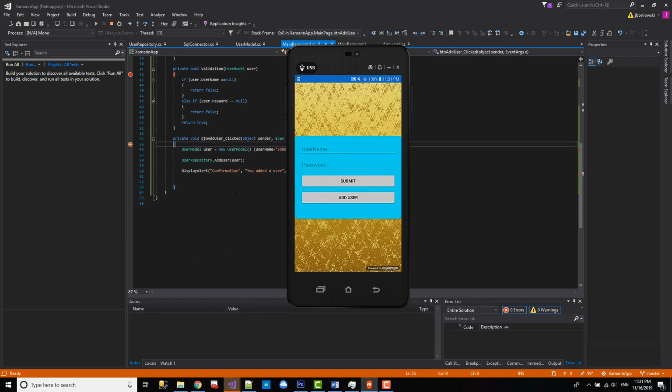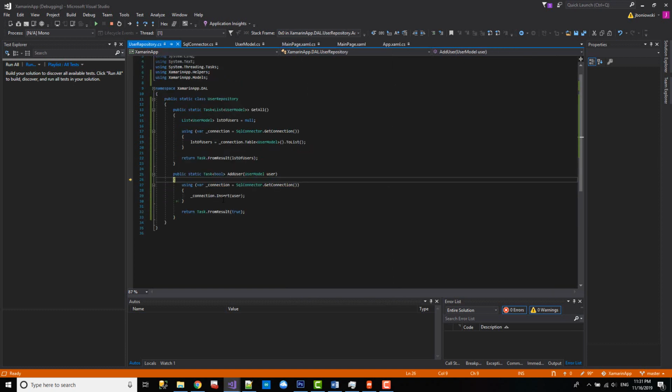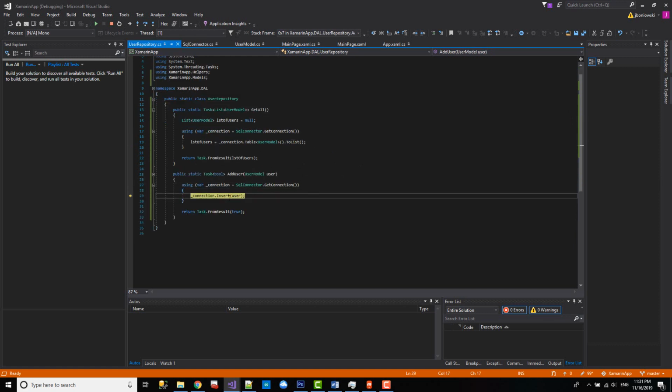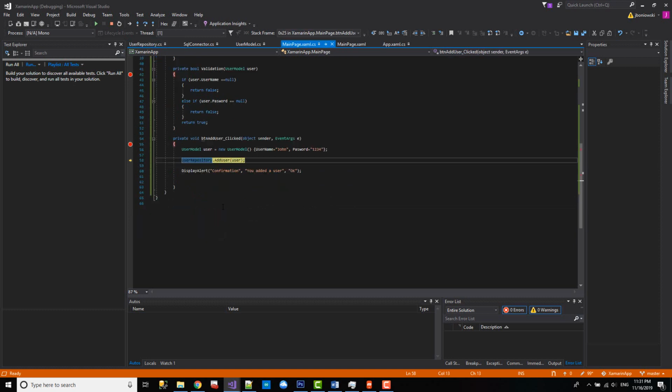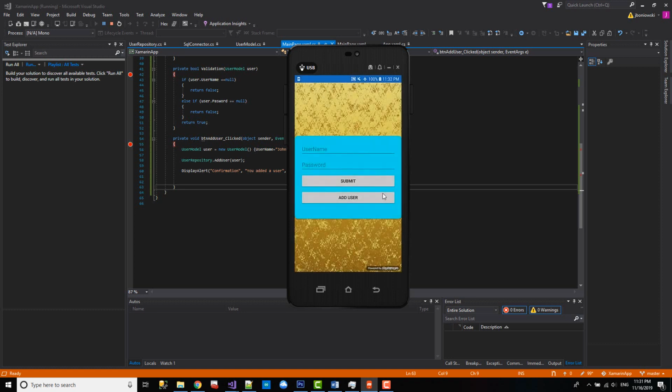We got our little add user button. We're going to click it. We got our breakpoint. Let's see what it does. Came here. We have our user here, which has all our data. It did it, returned, came back, and we have you added a user. Great. So in theory, we've added somebody there. Okay, so